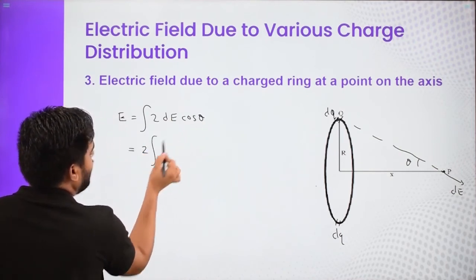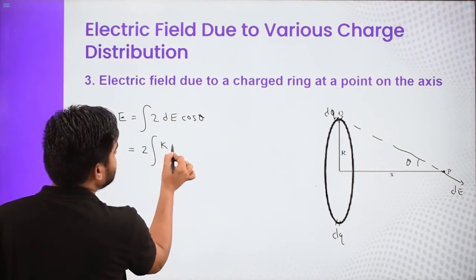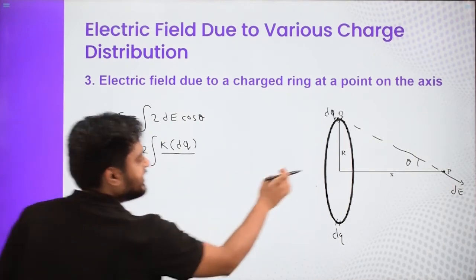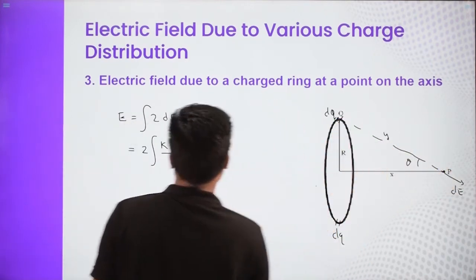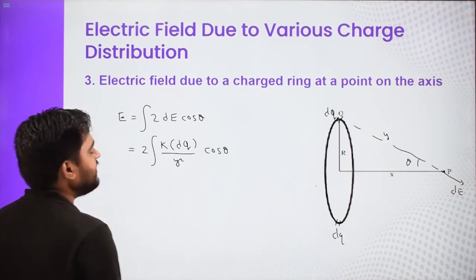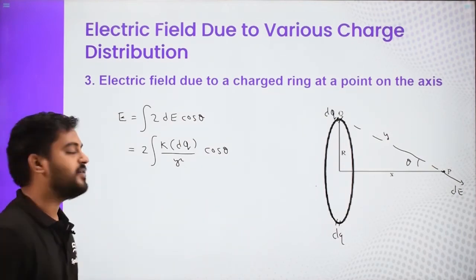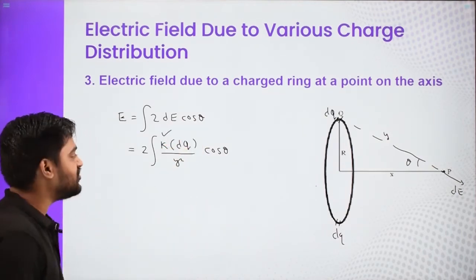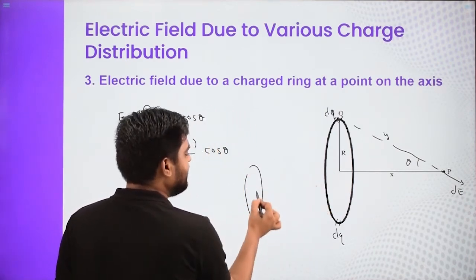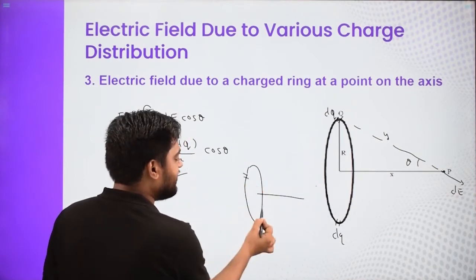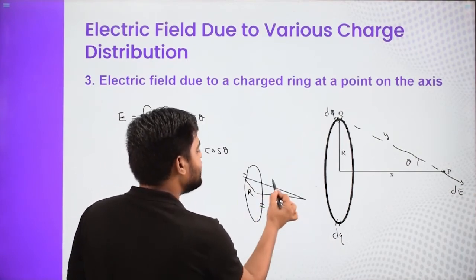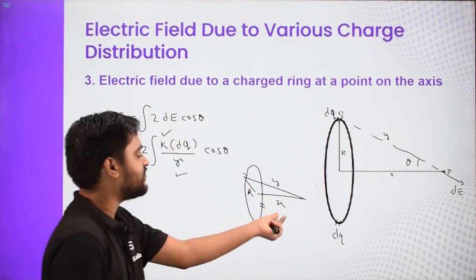So 2, what is dE? dE is kq by r square. So k times the charge dq by r square. This distance is squared, so let us call it y, so by y square and then cos theta, right? Now I have to integrate, but what are my variables? Here k is a constant quantity, k is not changing. For y square, if you take another dq on the ring, and the opposite pair, this distance is still the radius only, this distance is x only. So this distance is y only, and y square is equal to r square plus x square.